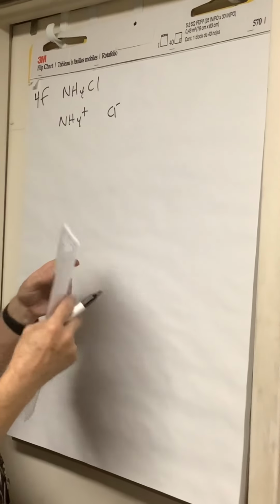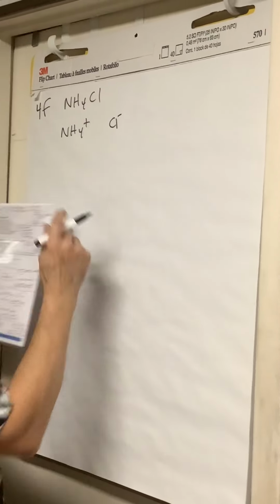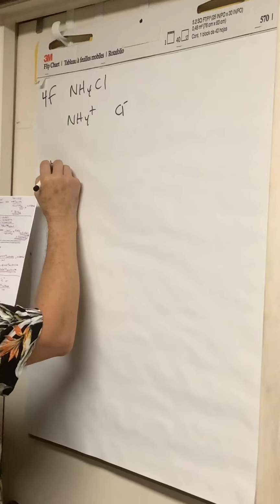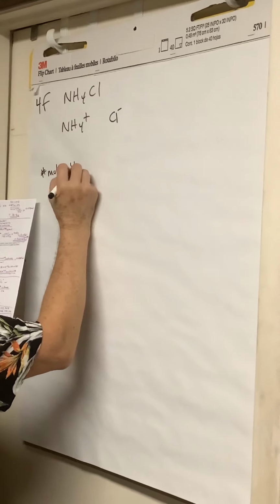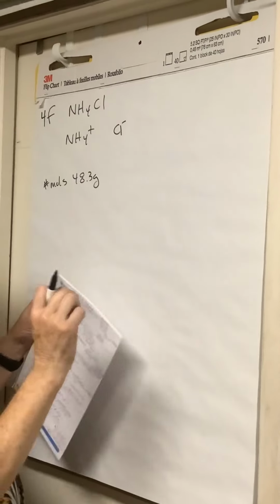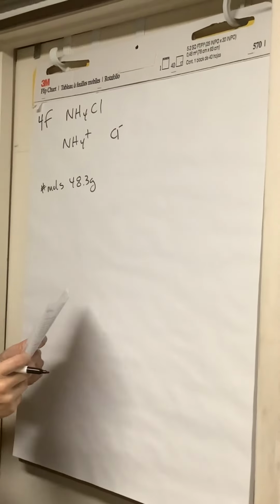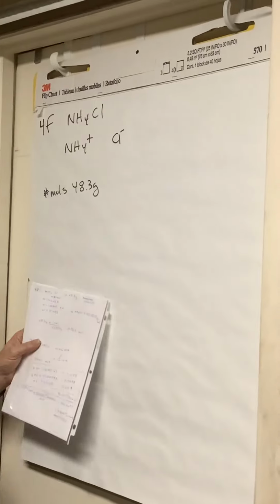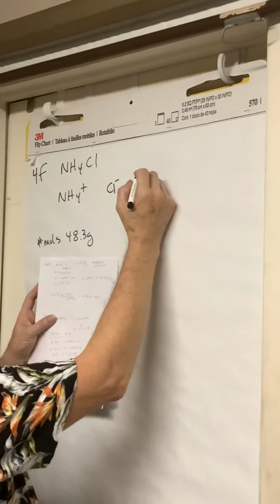And the question asks, number of moles in 48.3 grams. So if you look at your mole map, it's going to ask you to divide this by the molar mass. So I need my molar mass. So if I do this,